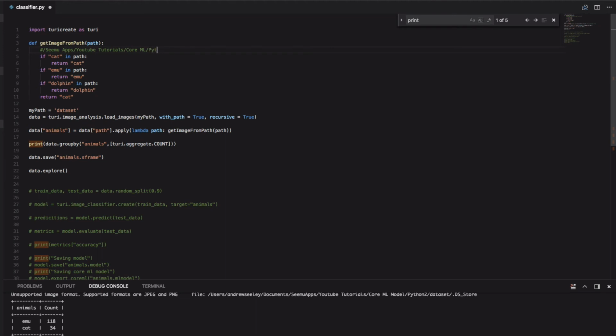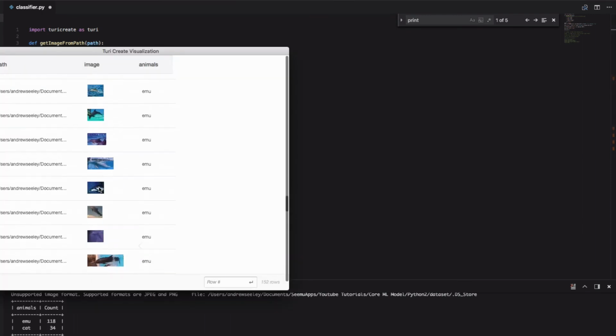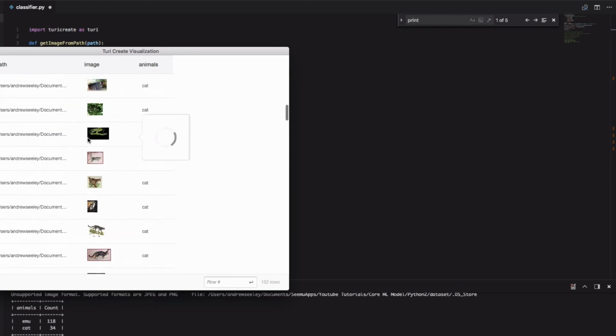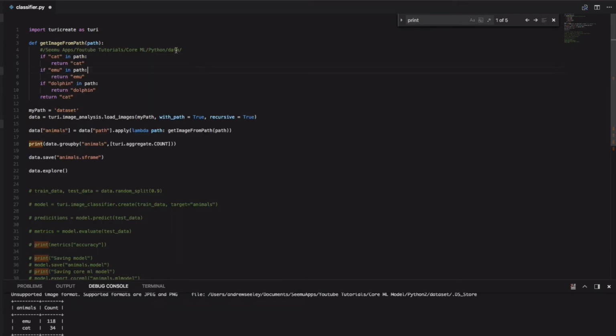And in here, we'll have one called Python, and we'll have our data sets. And this is going to have our folders called cat, dolphin, emu, and so on. So essentially, this if statement is checking the whole path here, and if emu is in the path, it's going to return emu. So there's an emu in Seemu apps, so that's why it thinks the dolphin is an emu. And the cat, we got lucky, it found the cat folder first, so it starts from down here and goes up. So if I swap out emu to be under dolphin